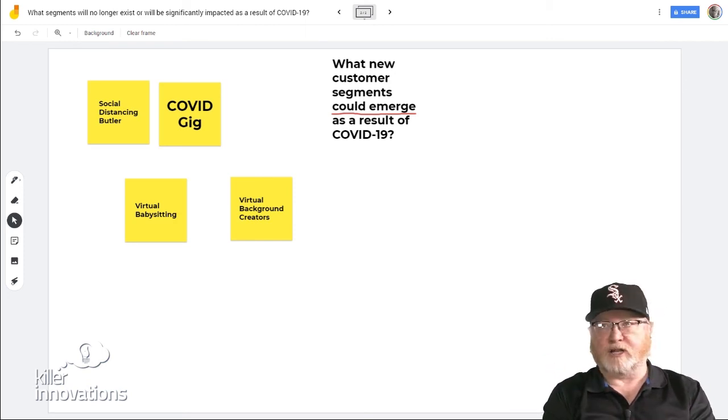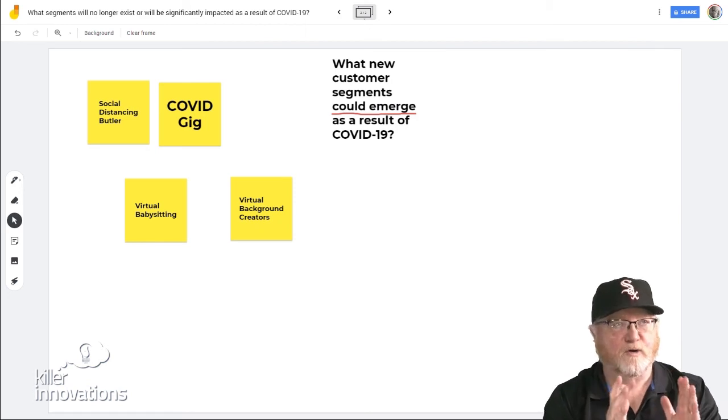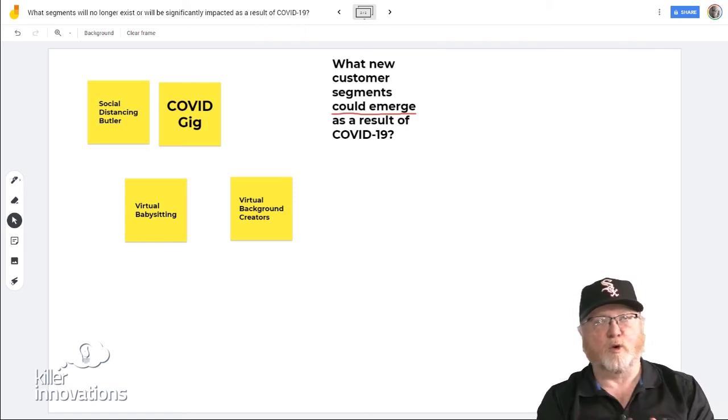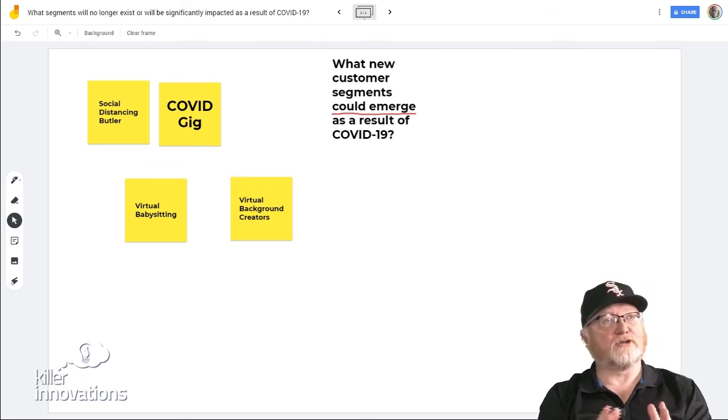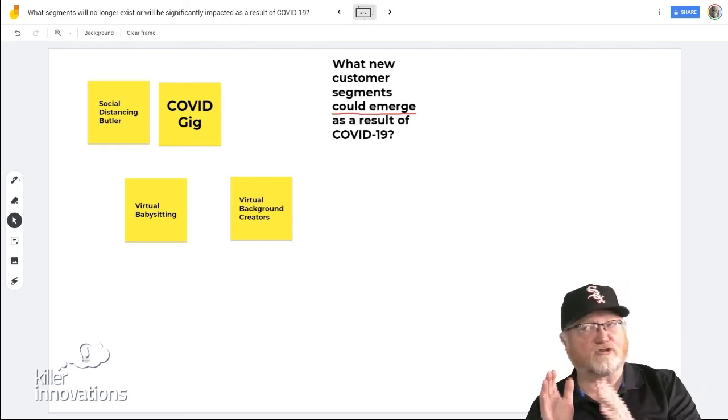Okay, we've all done that over the last 5 weeks. Virtual backgrounds, I think, are going to become just as important in conveying your professional status, making your interaction with you in a Zoom call even more memorable. So I think there's a whole new kind of segment of customers who are going to be looking for virtual backgrounds, and those that can create those.